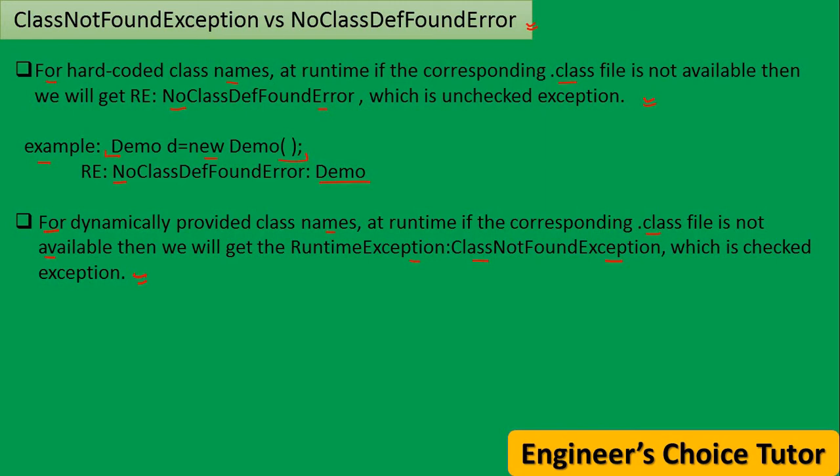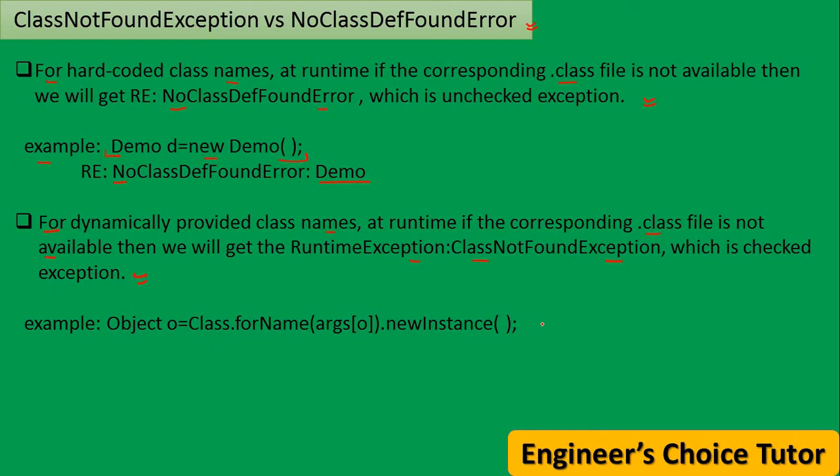So how can you do this? Simple. Object o = Class.forName(args[0]).newInstance(). Class.forName is for loading the class, and the newInstance method is for creating the object of that class dynamically at runtime. You know about the newInstance method. It is present in the java.lang package. We can use this method to create an object if we don't know the class name at the beginning, and it is available dynamically at runtime.